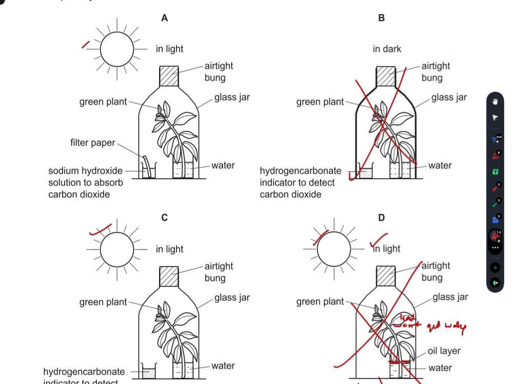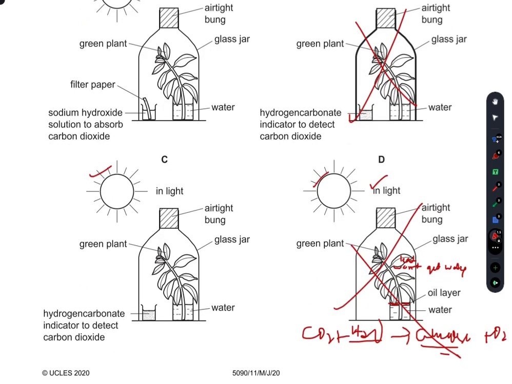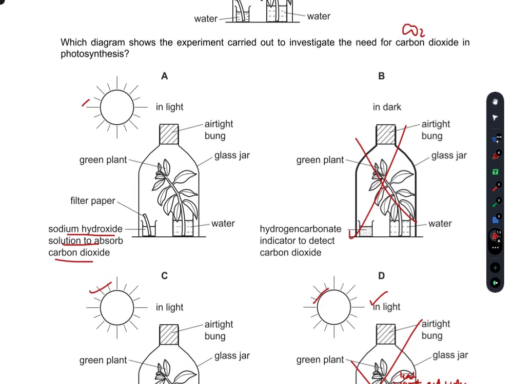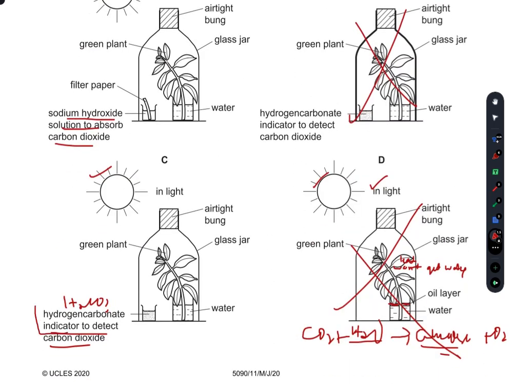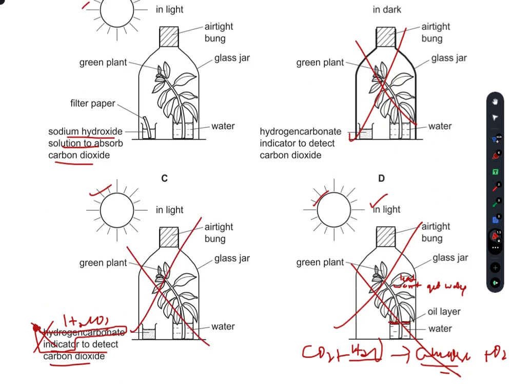Among A and C, the difference is that sodium hydroxide is used to absorb CO2, and H2CO3 indicator is used to detect carbon dioxide. Now what we need to do is gauge the amount of CO2 needed. We do not need an indicator, we do not need a detector. We need something that can measure the amount of CO2 for us, not something that can indicate the CO2 here. So H2CO3 would only serve as an indicator, and it would not help us in measuring the amount of CO2 needed